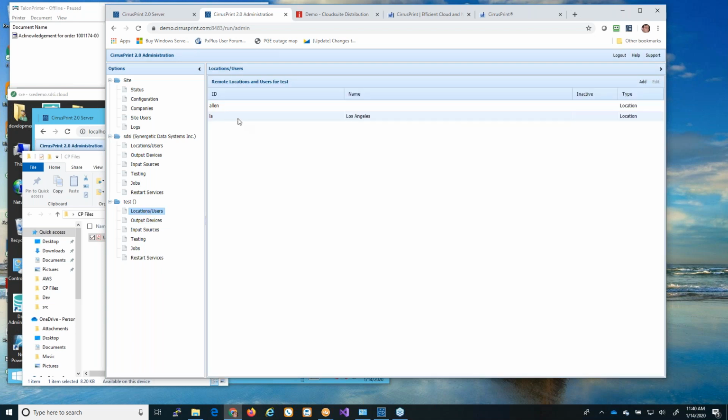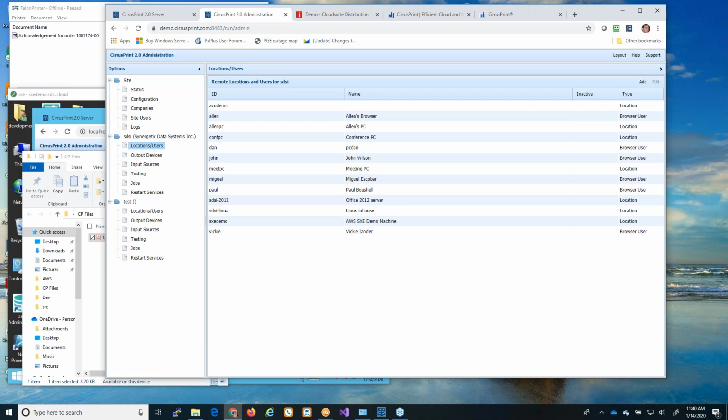Okay, next question, circling back to the question that came up with distribution group email push: can a group email be used, or does it have to be a mailbox? You need a real mailbox, but that one mailbox supports any number of aliases or groups targeting the mailbox. So it depends on how your mail server works. For example, our mail server supports aliases. So I set up an alias, AlanPC.cp files at Synergetic-Data.com. So that was an alias for the printer's